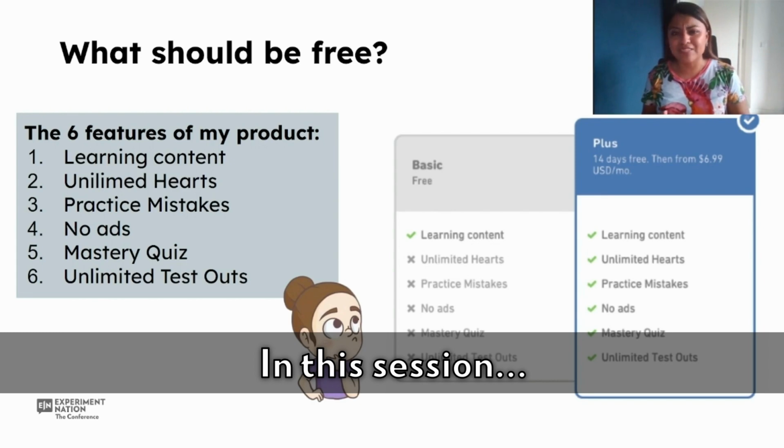But how do you know that the one feature you give away for free is going to engage the users enough to make them convert to the premium? How do you know you're not giving away too much for free or not providing enough to make users convert? Something that you need to keep in mind when working with freemium models is the main purpose of a freemium